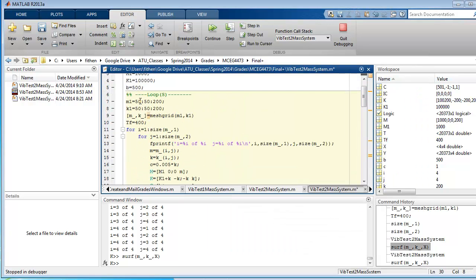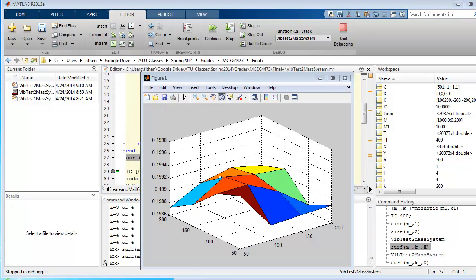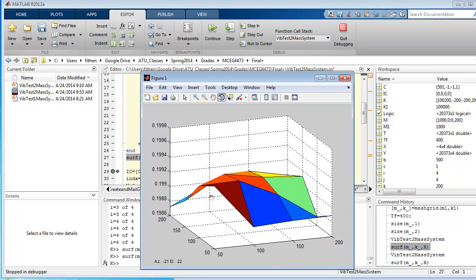is open this up to a larger set of values, but before I do that, I'll look back at my plot and see